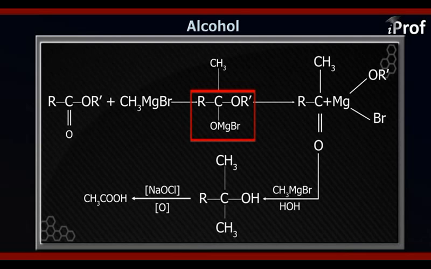The only group which you can modify over here is the R group. So if you assume R is equal to H, then in that case your alcohol will be a 2-degree, and hence the structure of it will